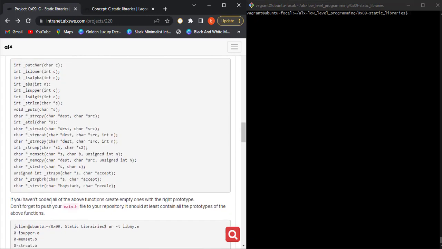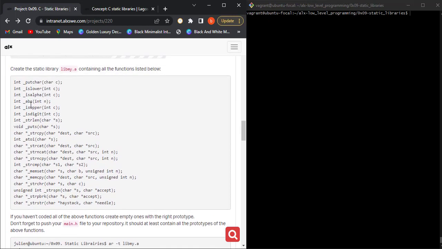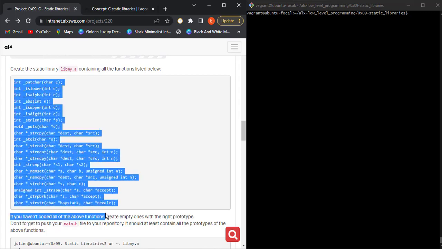They said, if you haven't coded all of the above functions, create empty ones with the right prototype. So if you have not created the functions of these different prototypes, you can create an empty function. That means you can just create the function even if it does nothing. It does not do anything. Just create the function with the same prototype, just like this. After creating the functions with these prototypes, just ensure that you have your functions created